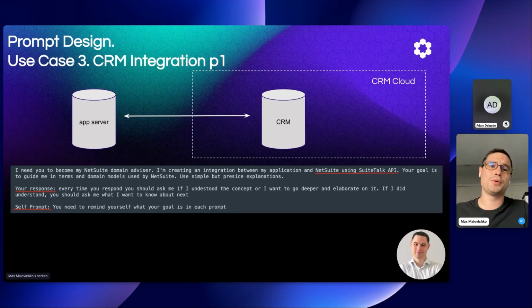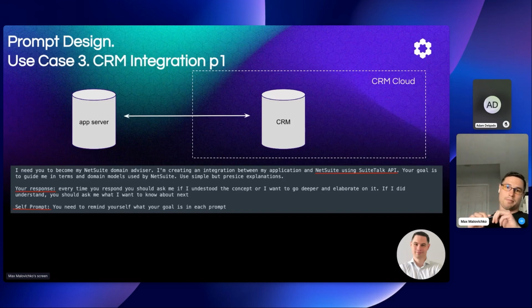So the next showcase is we had to implement the integration with a CRM for one of our applications. So what is the problem? I'm sure every one of you uses a CRM. The most prominent one would probably be Salesforce. We're using NetSuite CRM at Carbon6. So we had to create an integration between one of the projects and the CRM.